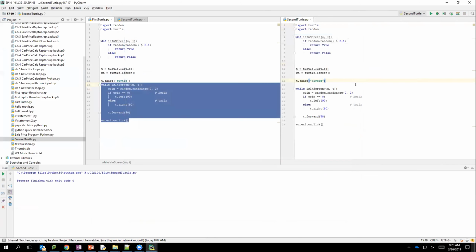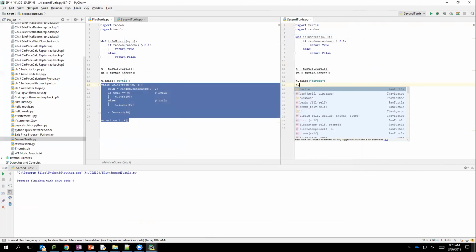I think there are other things I could change. Could I set the color? Whenever I type T for my turtle name and a dot, PyCharm pops up this IntelliSense list of all of the different things that I could do to that turtle object. So let's see, I would like to change its color. I'm thinking I don't like that black. So there I see that there is a color. So I'm going to try it,